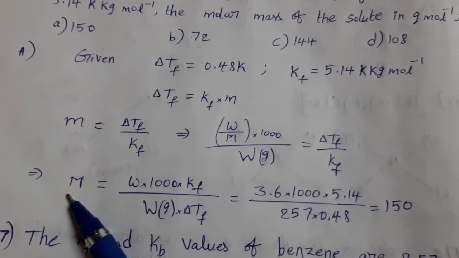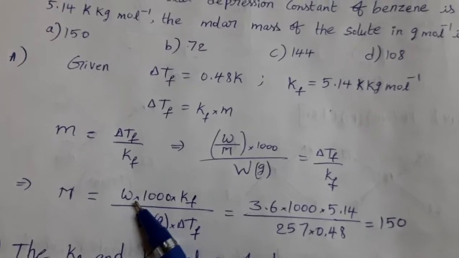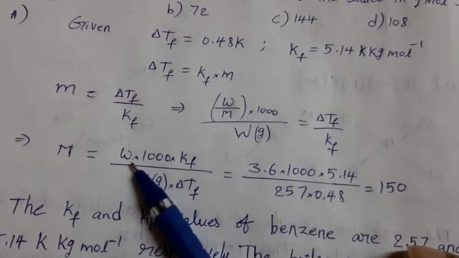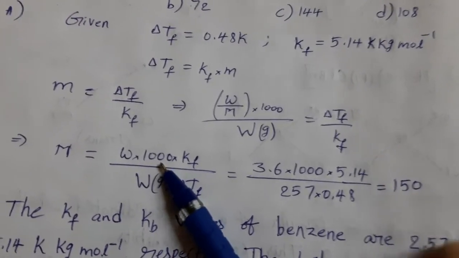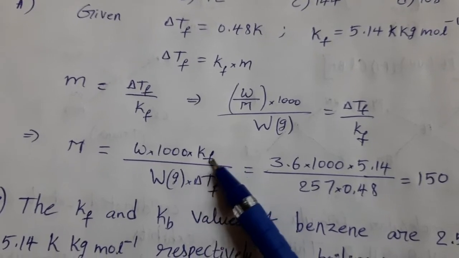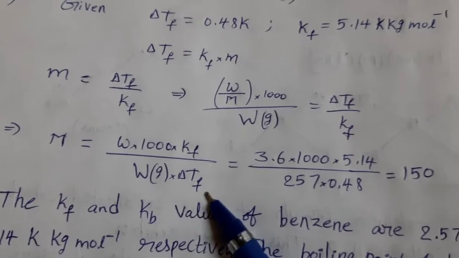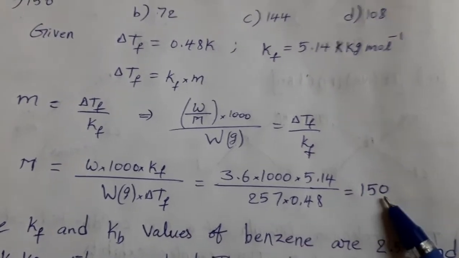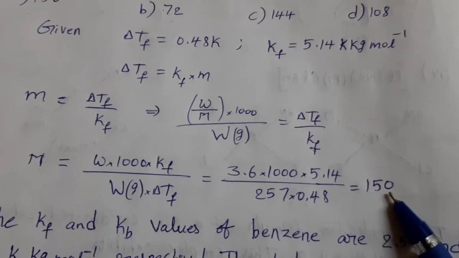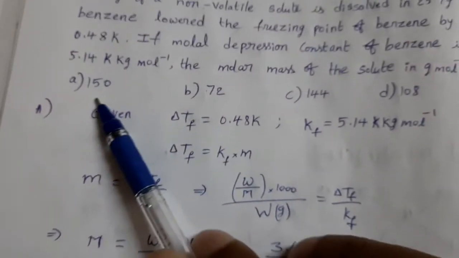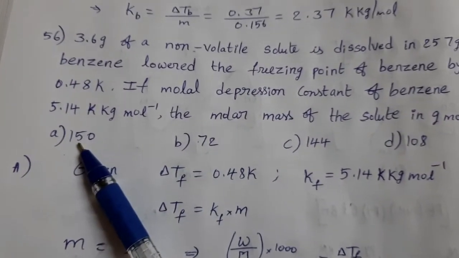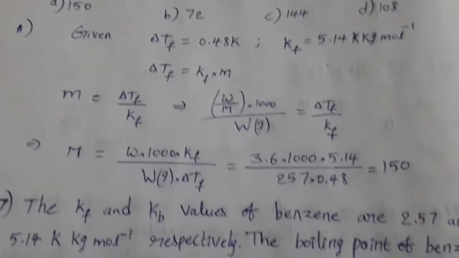So molar mass of the solute equal to remaining all the terms on the other side: weight of the solute into 1000 into Kf, divided by weight of the solvent in grams into delta Tf. Substitute the values, we get molar mass of the solute as 150. Then what is the option? Option A is the answer. Next,